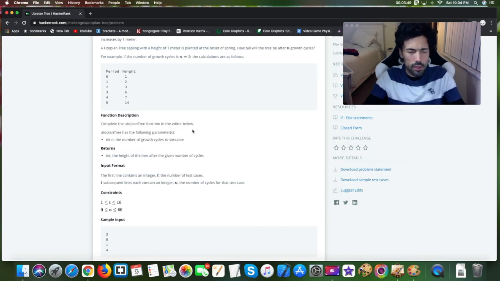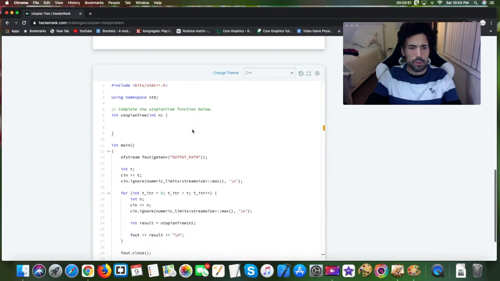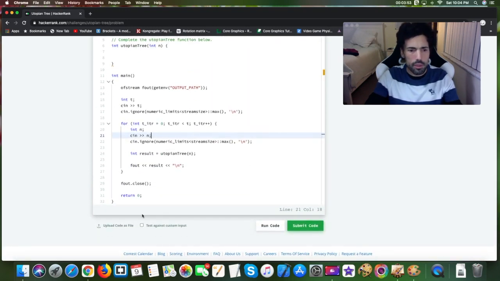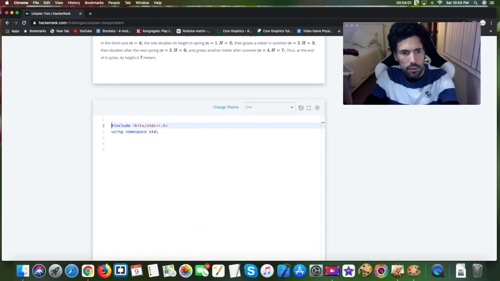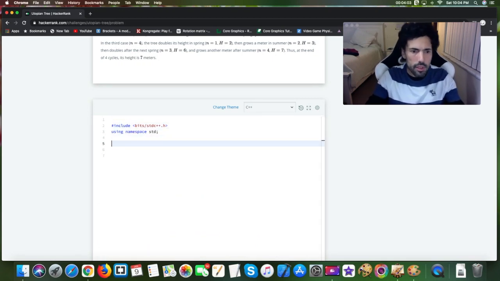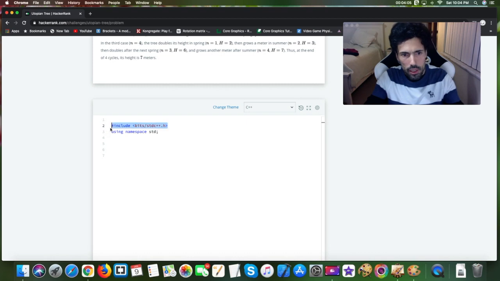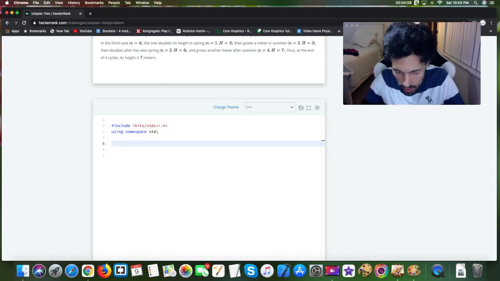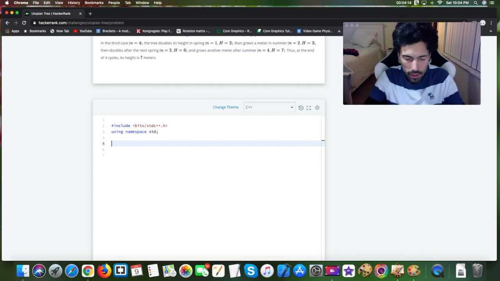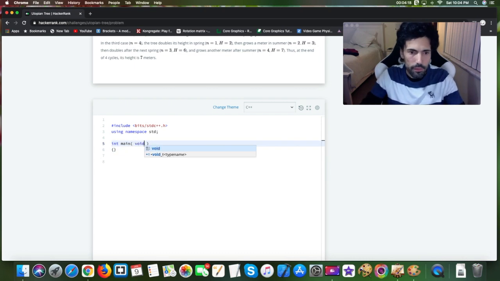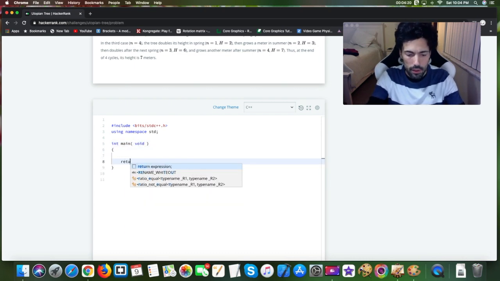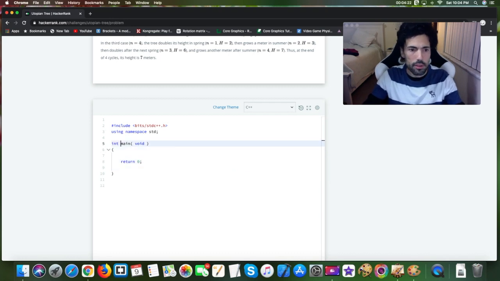Okay, so let's do this. I'm going to go here. This is some basic template that they give us. I don't like it, so let's just start from nothing. This is the basic library in C++. I'm gonna do this in C++, but I'm gonna be changing programming language here and there because what matters is not the language but the problem. Okay, so the main function. Let's try to solve it